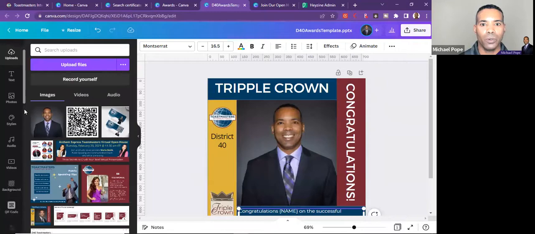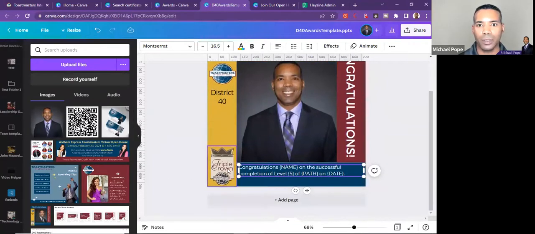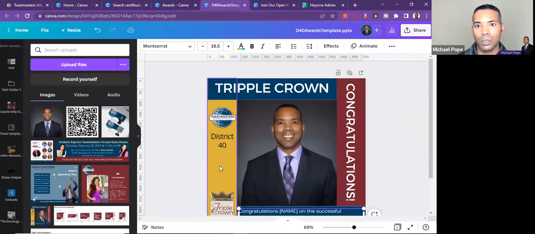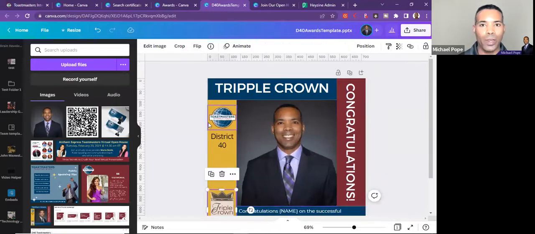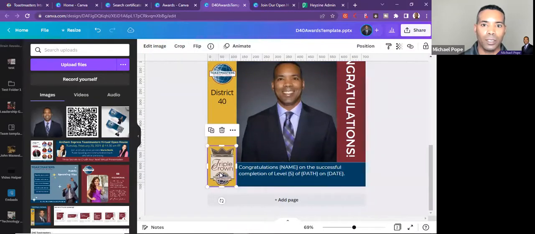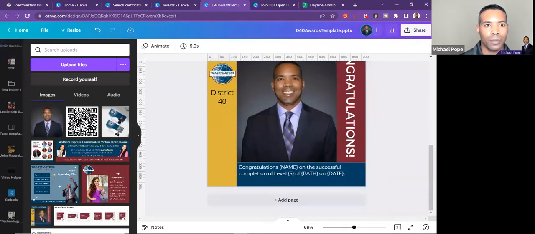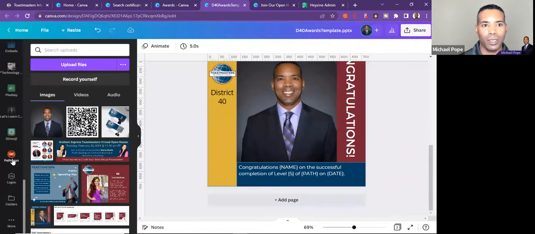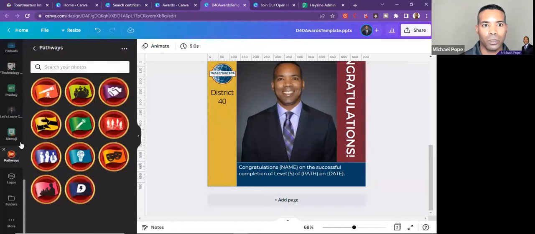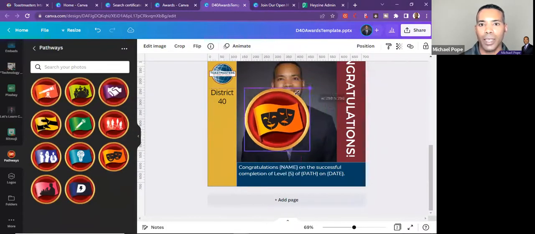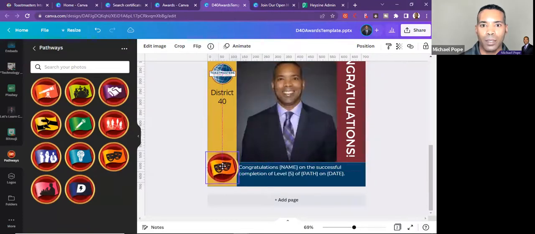But then what I'm going to do, I'm just going to delete this. And if you don't want to delete it, you can always make a copy. So I'm just going to duplicate the page. And let's just delete this image. And now if I go back to where I uploaded those pathways symbols here, or badges, and maybe it's this one here. What is this? This is engaging humor. Well, let's say I just completed the engaging humor path. Then I can